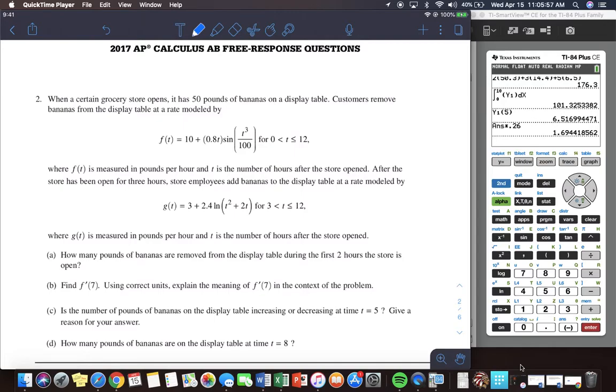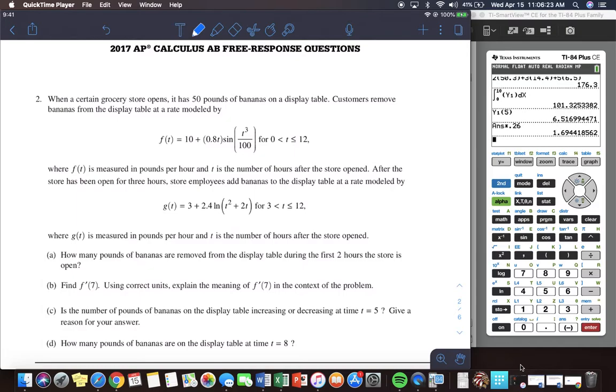After the store has been open for 3 hours, store employees add bananas to this display table at a rate modeled by g of t equals 3 plus 2.4 natural log t squared plus 2t for t between 3 and 12, where g of t is measured in pounds per hour and t is the number of hours after the store opened. All right, so because I'm given 2 equations on this one, the first thing that I would do,